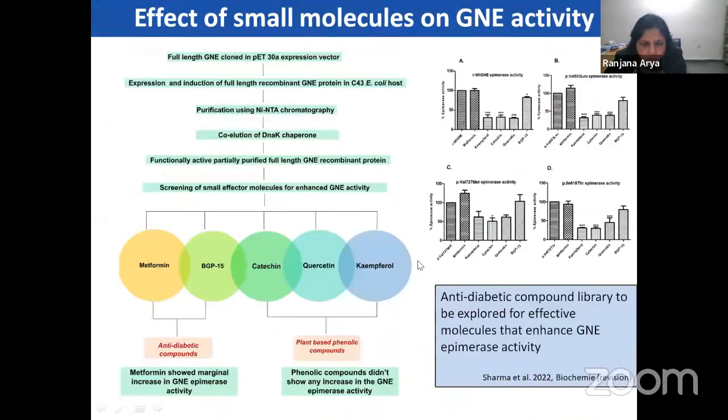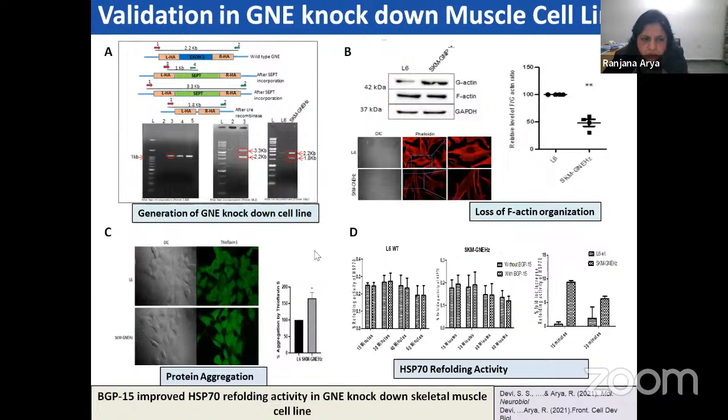In addition, as most of the pharmaceutical companies talk about small molecules, we are looking at anti-diabetic products because we found BGP-15 is also an anti-diabetic product in a clinical trial. So repurposing of the drug works here, and BGP-15 could be a good target, which was then validated in muscle cell line, where we showed that we could recover the loss of actin organization as well as the protein